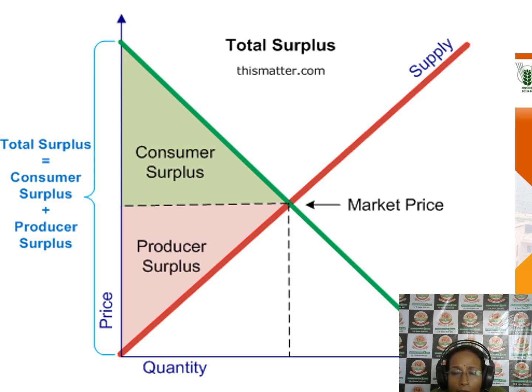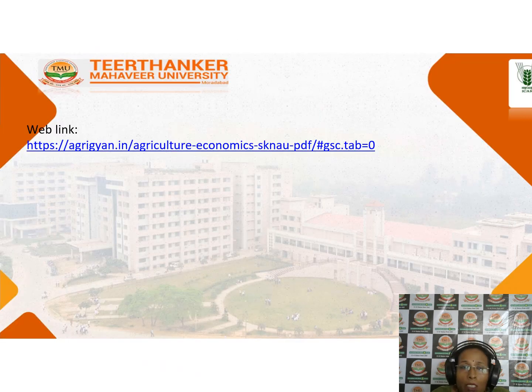With the help of this graph, we can show the consumer surplus and producer surplus. The intersection of the demand curve and supply curve is called the market price. The portion below the demand curve and above the market price is the consumer surplus, and the portion above the supply curve and below the market price is the producer surplus. That's all about the